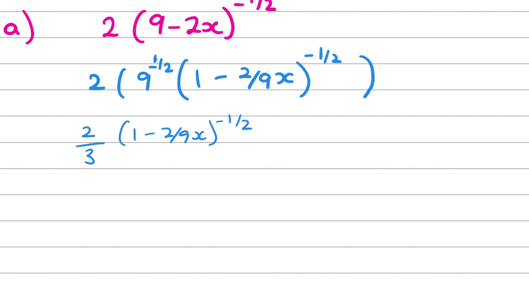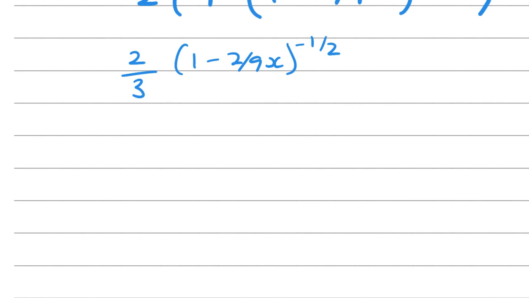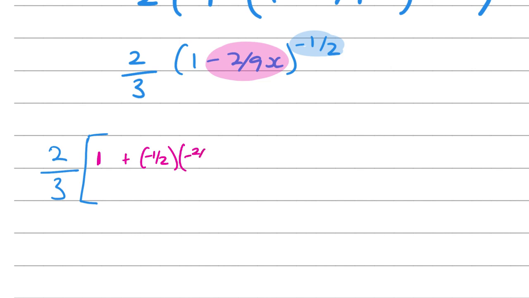Okay, now I can use the formula. So, first of all, my 2 over 3 is going to come out. Okay, and I'm just going to focus on the formula. So you remember your x is this, minus 2 over 9 as well, and then your n is minus a half. Now, it wants the first four terms up to and including x cubed. So we know the first one's 1 plus n, and then x. Okay, plus n